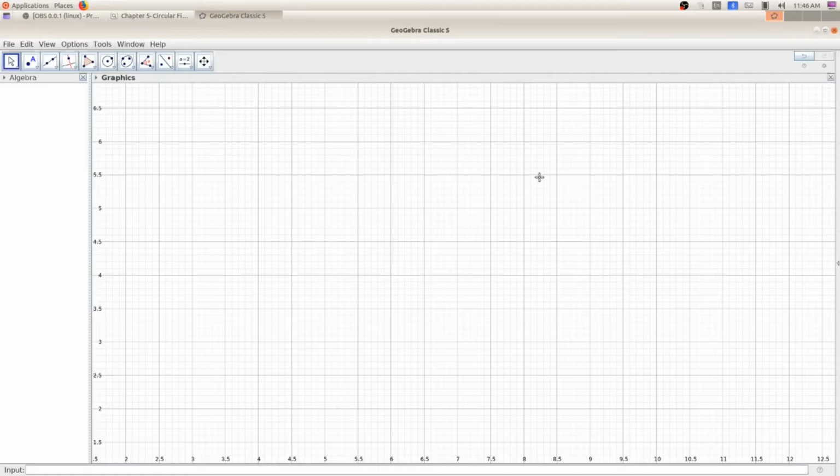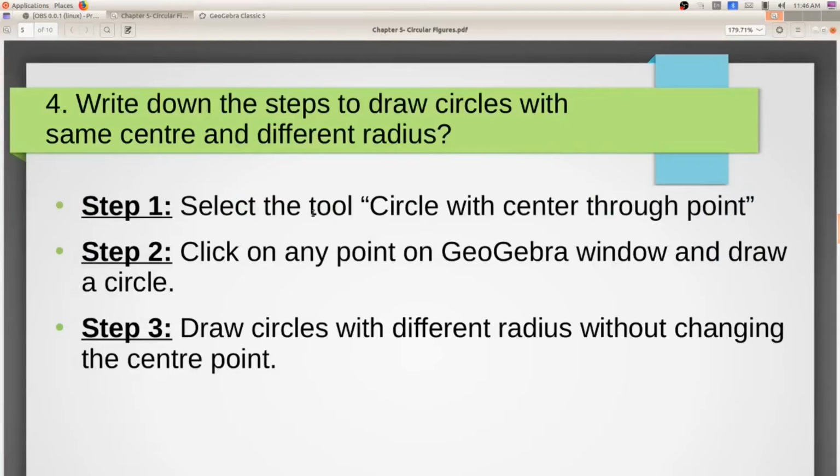These small squares are known as grids. Okay, my dear students, now let us move to the next question.